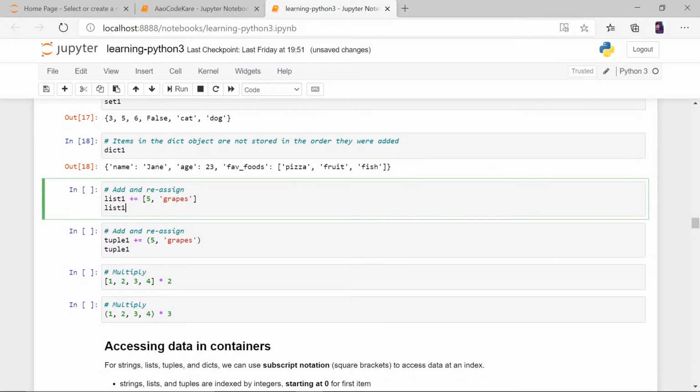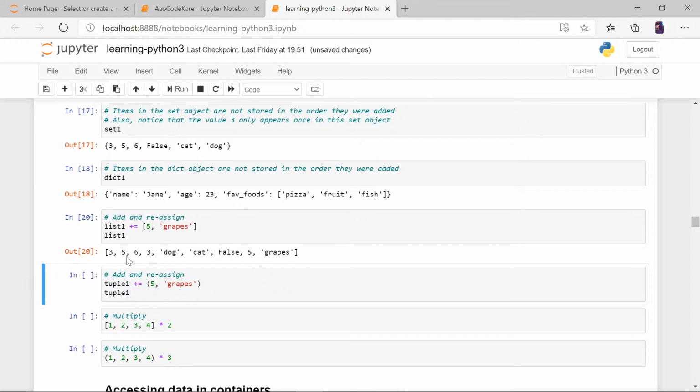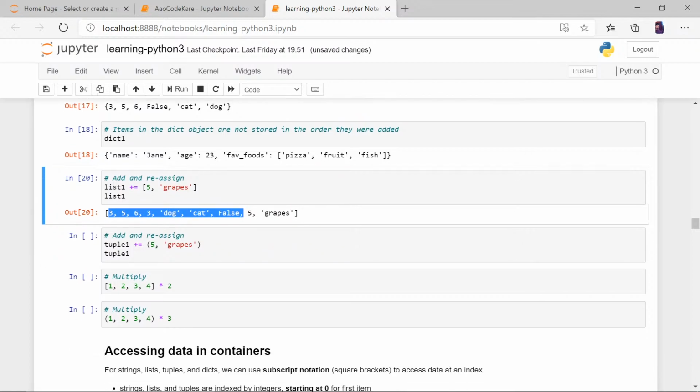So again, as we did the plus equal to thing, you have to remember what plus equal to does. It takes the list, takes the right-hand side, adds it to the list, and then the whole thing, this list plus this, is again stored in the same list variable. So let's run this. Here you can see that pie and grapes were added. Rather, all these things were predefined, right? You should remember it.